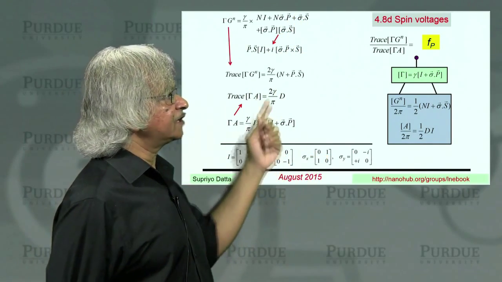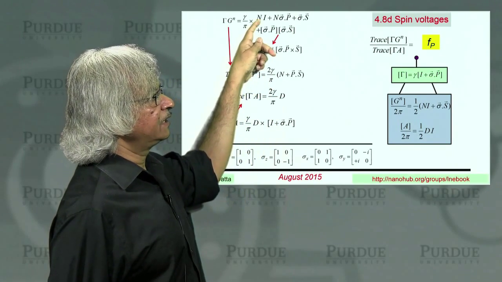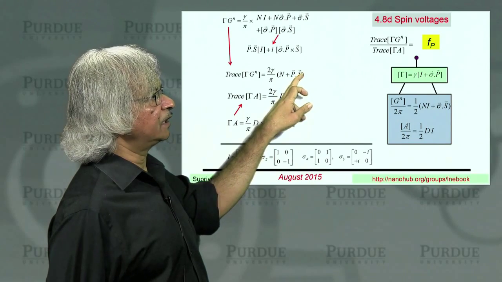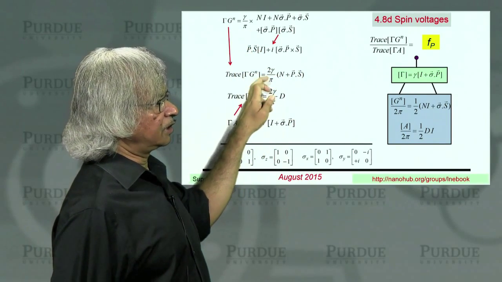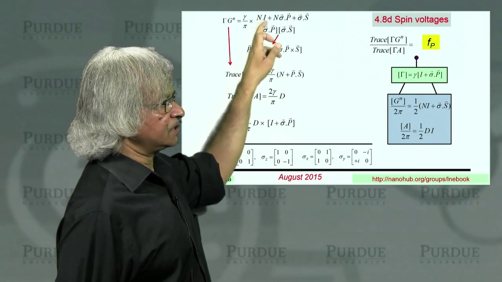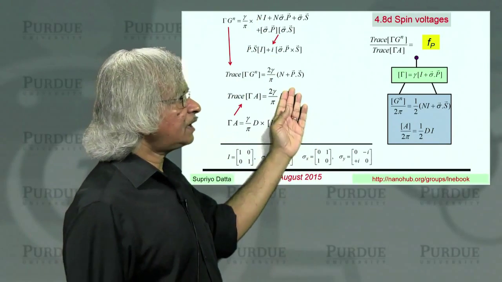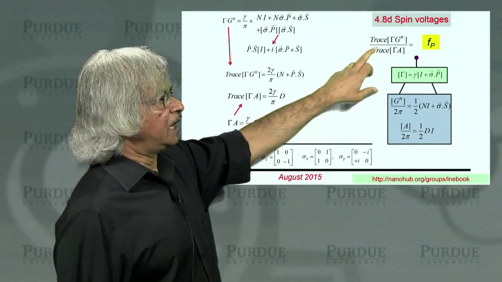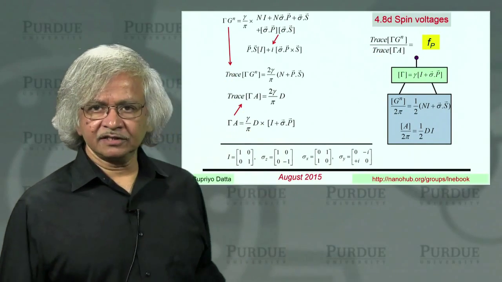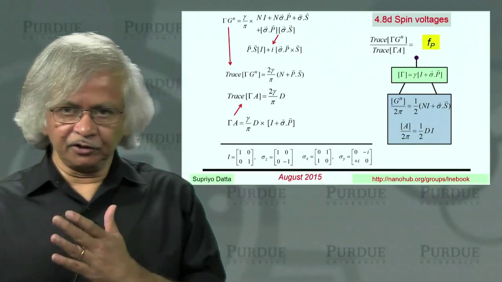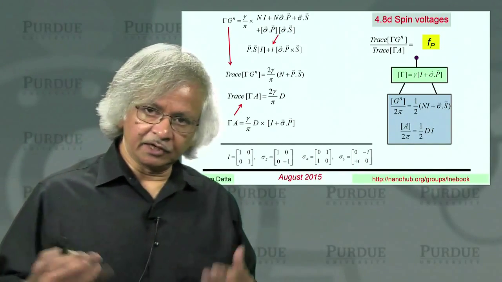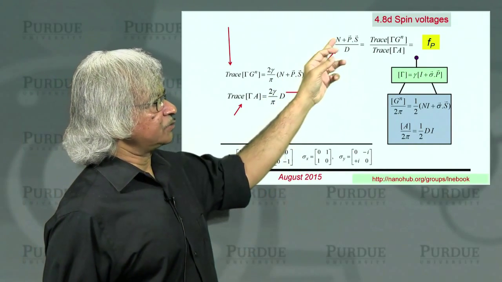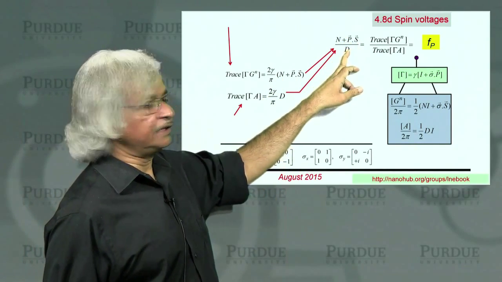So, when I take the trace of this, basically I'll just get n from here and p dot s from there. So, n plus p dot s and then the constants in front. The 2 comes because the trace of I is 2. So, that's the trace of gamma gn and trace of gamma A. Now, we can take the ratio and we'll have this occupation, the F for the probe or, I guess, the electrochemical potential. So, this ratio, that's what's n plus p dot s over d.